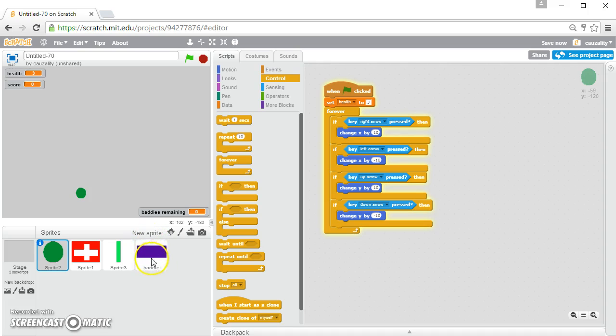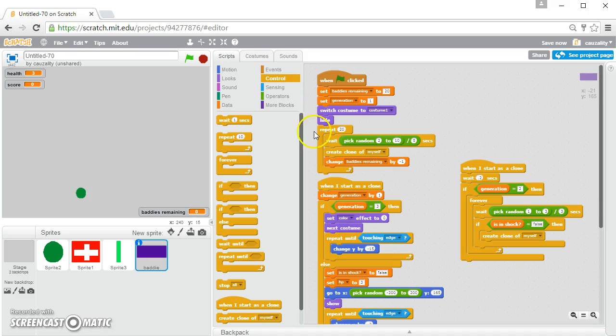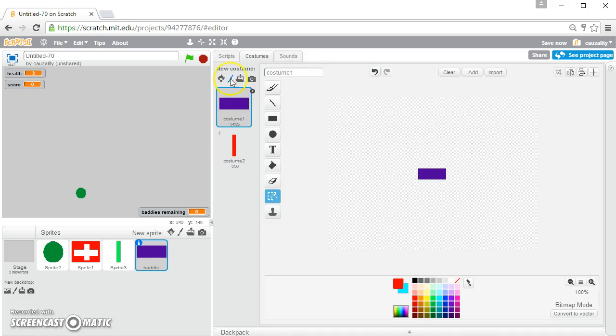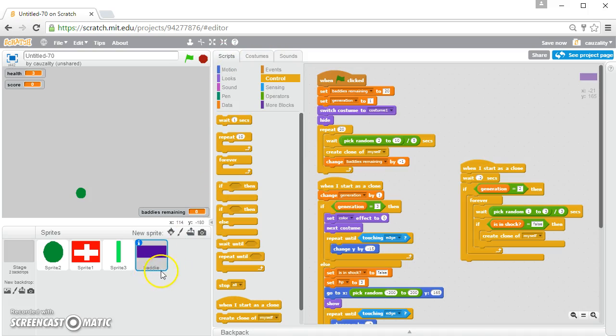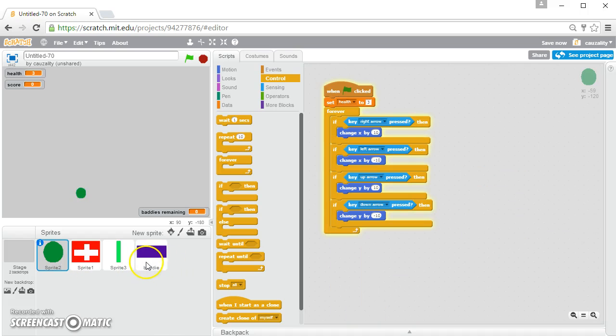Now, because the lasers are clones of these guys that run on a different costume, they have the same sprite name. They're all the sprite baddie, even the lasers. So for this one, in the controls, we could say it can move, but if touching the baddie,